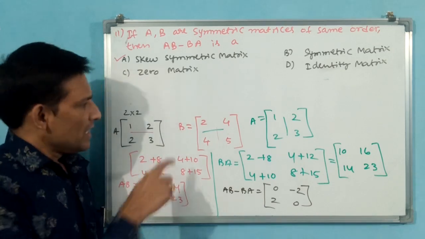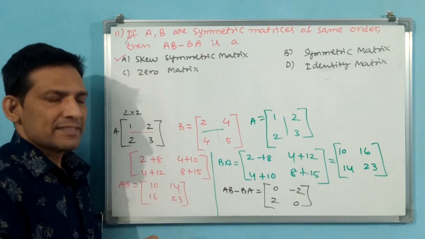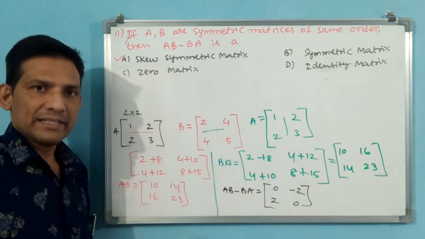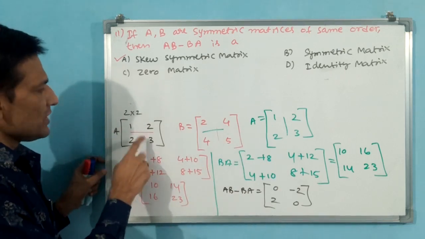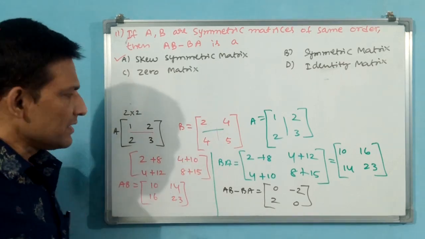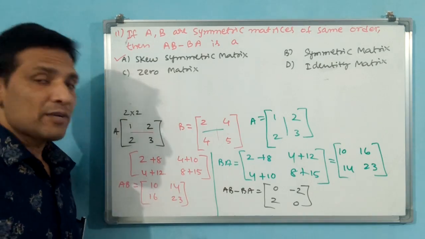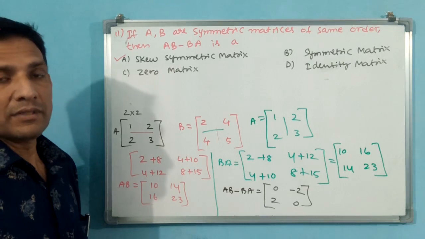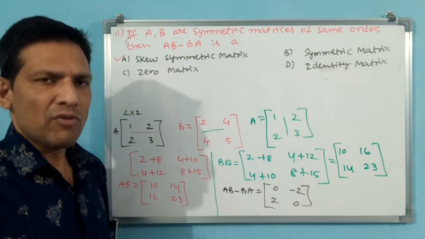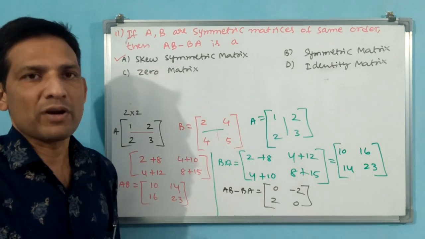See, what you can do, rather than this 4, 5, you can take lower value numbers. Then you can get the answer easily. Interchange this. See, 1, 2, 2, 3 is there. Then interchange 1, 2, 2, 3 here, like 2, 3 or 1, 2, like that you do. Why am I telling this? You don't take much time, but you get the result. That is also a correct procedure only. Sometimes don't think that this is a non-intellectual way. Sometimes the non-intellectual way gives a faster answer. If you go the intellectual way, it will take more time.